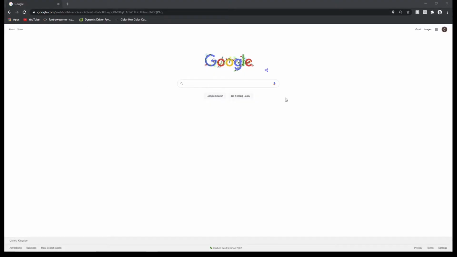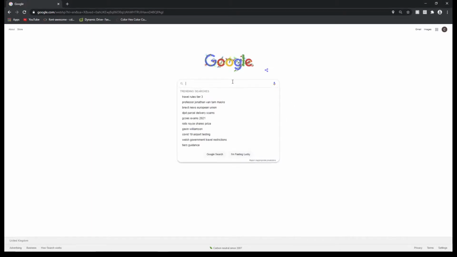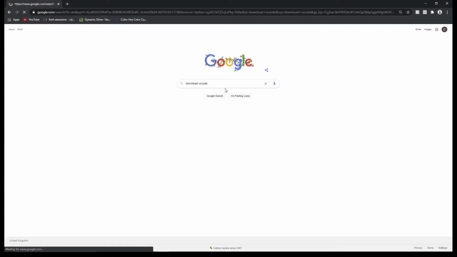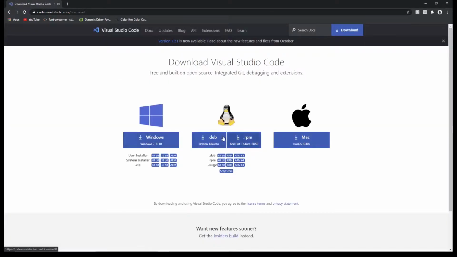Alright guys, so we're in Google Chrome, and firstly we'll need to download VS Code, and the way we do this is we go into the search bar and we'll just type download VS Code, hit enter, and then we'll just click the first link. And you can see here it's already given us the three options of what we can download it on. So we've got Windows, Linux, and Mac. I've got Windows, so I'm just going to click on the Windows link,